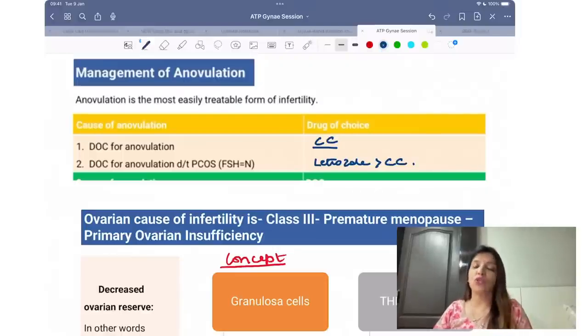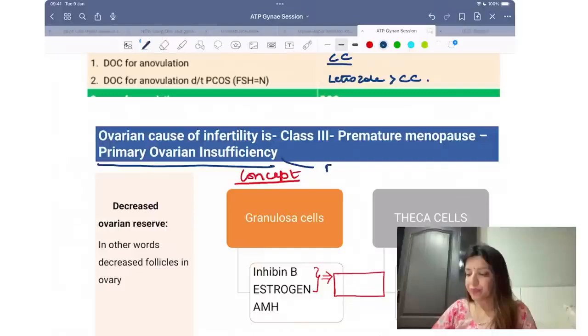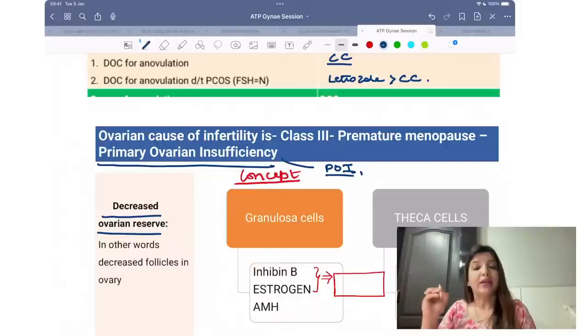Now, another cause of infertility in a female which is related to the ovary is premature menopause. Premature menopause is also called primary ovarian insufficiency. That's the new name for premature menopause, POI. Right? Now a question will come, what are the tests which tell you that there is decreased ovarian reserve? What do you understand by the term decreased ovarian reserve? Decreased ovarian reserve means that you have to tell